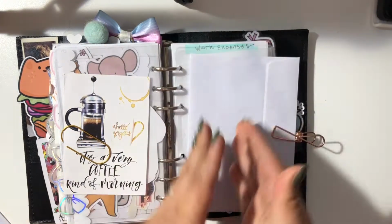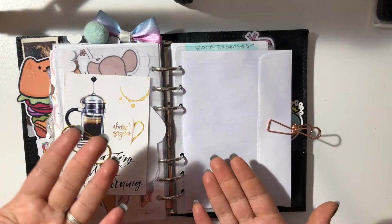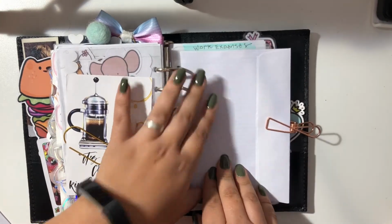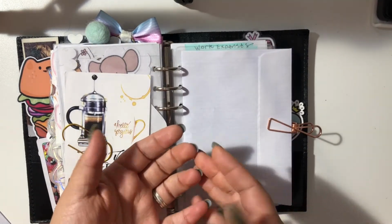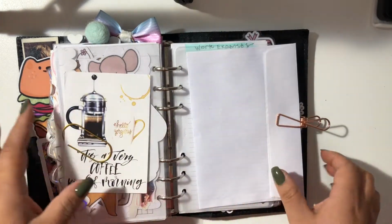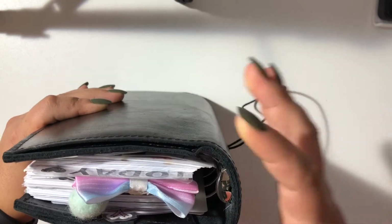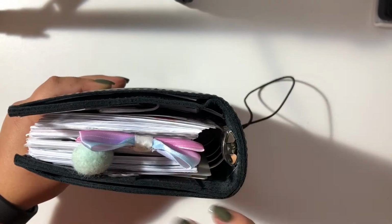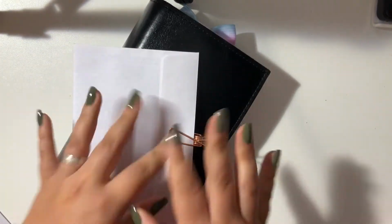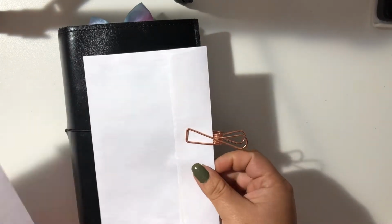I actually had a few of these, and they would be placed for instance for personal spending, like if I wanted to get a coffee, for my daughter's dance classes, or for my son's special treats, and all these different things. I had a whole bunch of them in this particular planner. However, I found it bulked up quite a bit and I don't particularly enjoy bulky planners. So I ended up taking it out of there and using the envelope itself one by one, but that wasn't really working so well. And then I ended up doing something else,